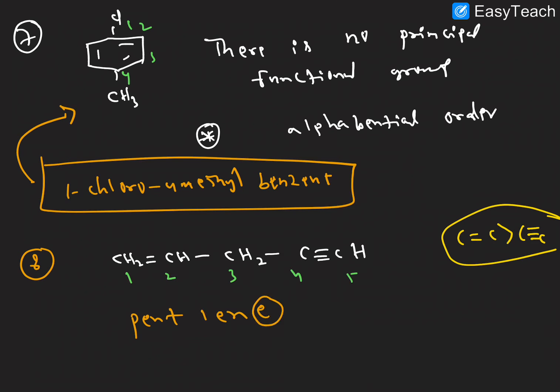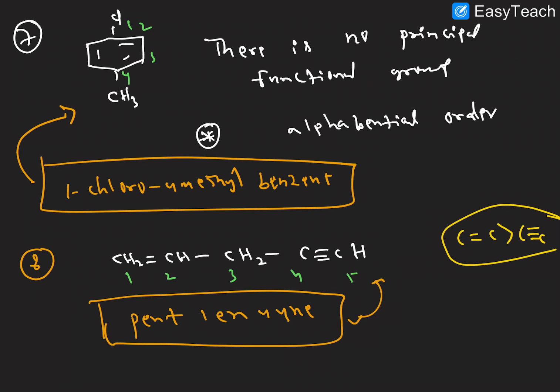Now this e in ene, if any other functional group is there, we replace it with that functional group. So we are replacing it now. Which place is it? 4th place, 4-yne. So this is the IUPAC name of this compound. These are very conceptual questions; sometimes we have to decide which side to start numbering from. And one more example is there.